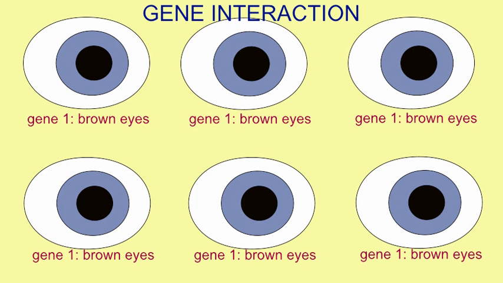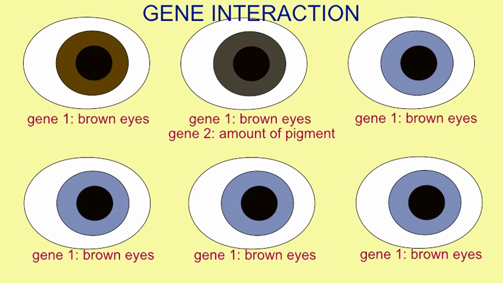Although for one particular gene, say for eye color, the relationship between alleles may be clear, so that, for example, brown eyes may be dominant to blue eyes, the phenotypes observed in the population, however, may be the result of the interaction between this first gene and a number of other genes. So, for example, there may be a second gene which then determines how much brown pigment is made. So the two individuals could both have brown eyes, but nevertheless result with different hues.